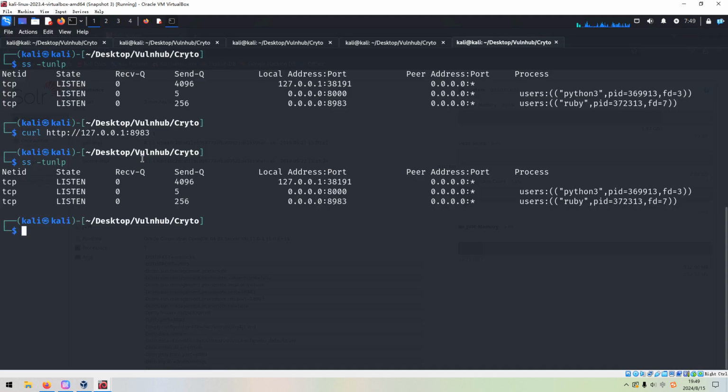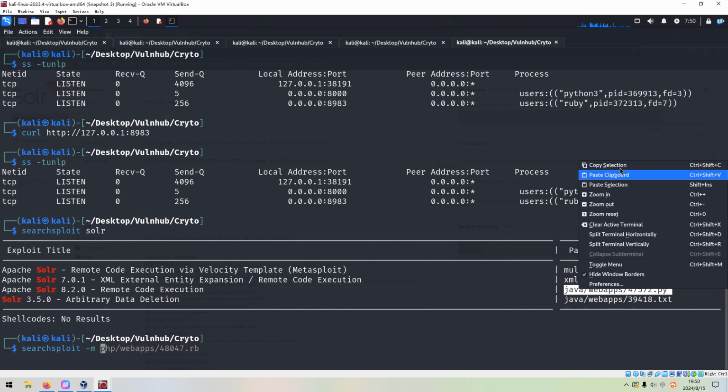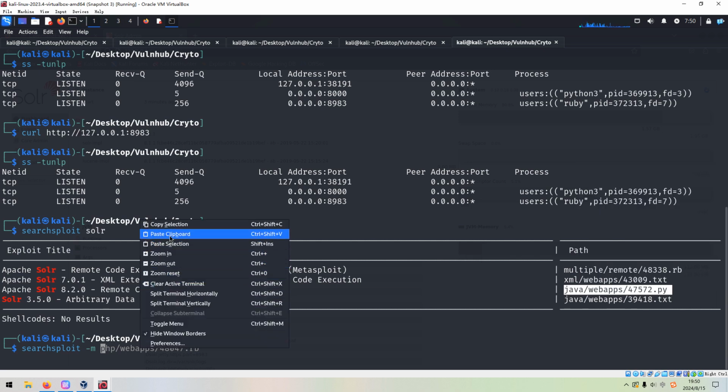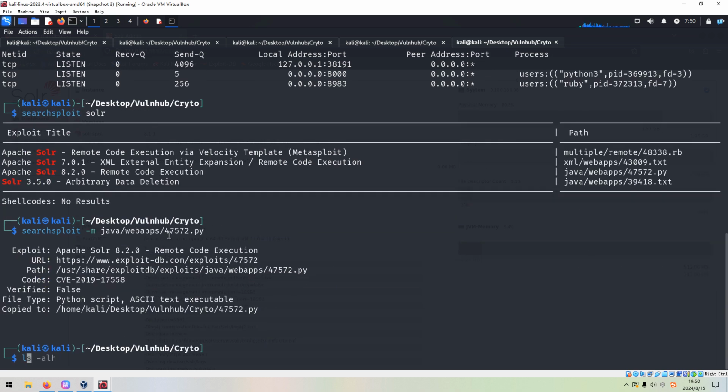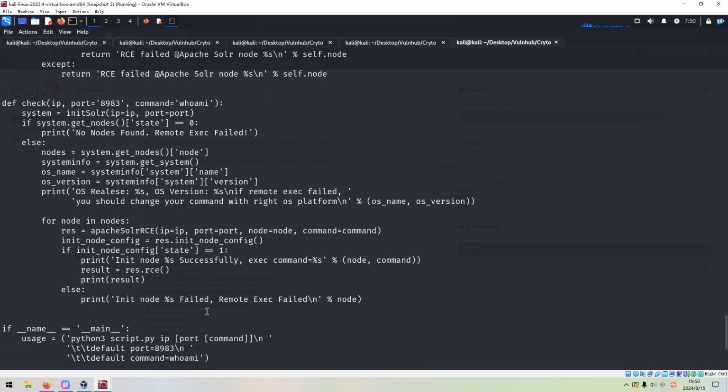So next, I think we can use searchsploit, and actually we can find this vulnerability. We can copy or clone it from this location to the current working directory, and we can get this Python script.